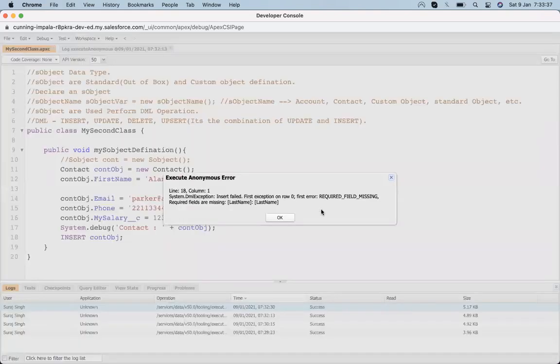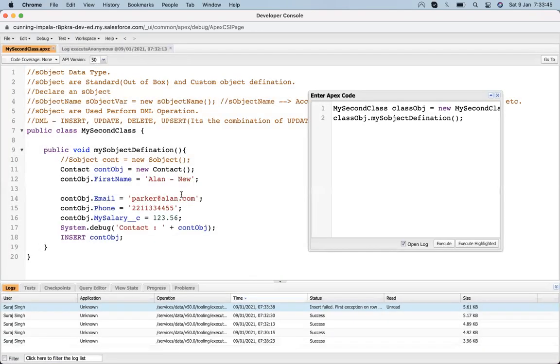Once I execute, it throws an error that a required field is missing. Yeah, required field is missing, last name is missing. So if any validation rules are present, it throws the error that we need to fill in the value before inserting any record into Salesforce.